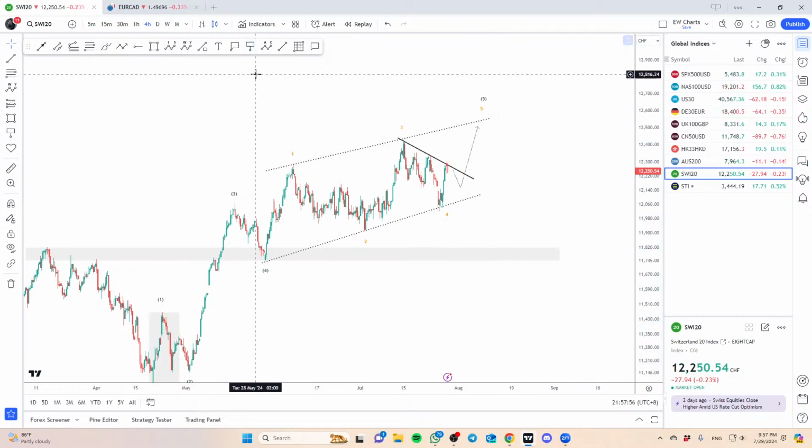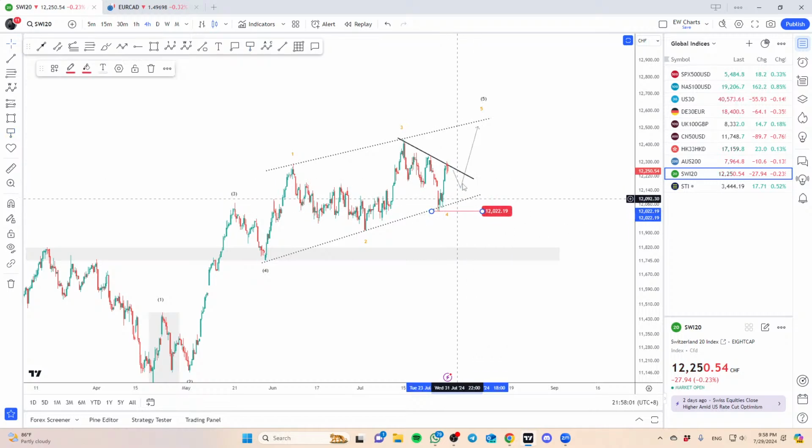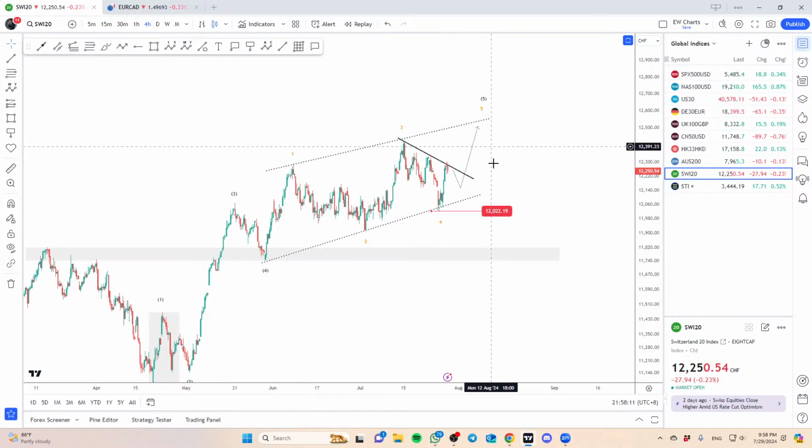I think this one here is pretty clear as of now as well. Bear in mind, it doesn't necessarily need to do a push up, but this looks pretty much like an ending diagonal structure, right? So again, as long as price respects this low, we're gonna expect one more upside. Okay. Good. Yeah, so generally that's the take that I have in terms of the outlook of the market for the week.